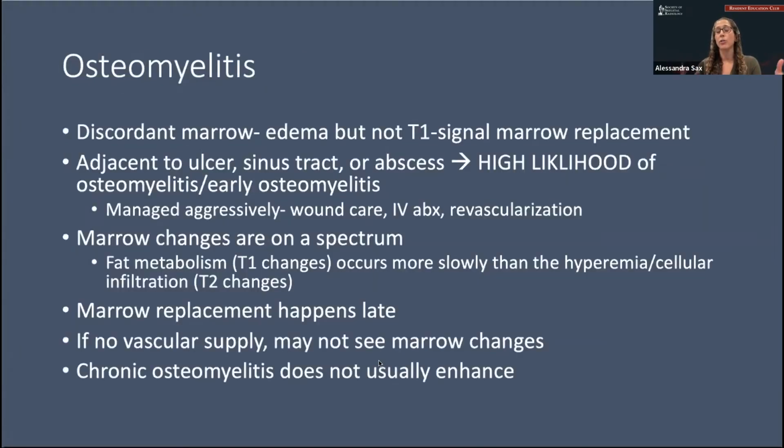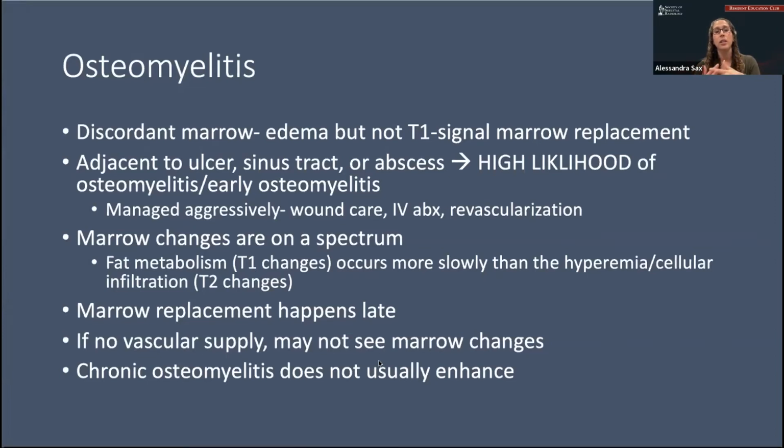So this is our discordant marrow signal. What we're seeing is edema, but no T1 signal marrow replacement. And if this edema is adjacent to an ulcer, sinus tract, abscess, or other infected tissue, this has a high likelihood of progressing to osteomyelitis or early osteomyelitis. And these are still managed aggressively with wound care, IV antibiotics, and then